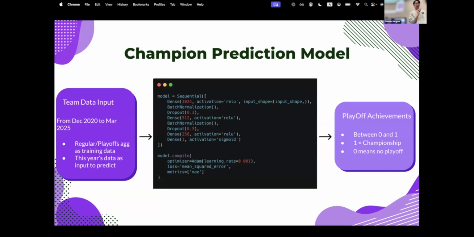We set the labels to be the playoff achievement in each season, where 0 means the team did not enter the playoffs, while 1 means the team won the championship that year. The higher the score, the further the team goes into the playoffs. The best performing model is a neural network.